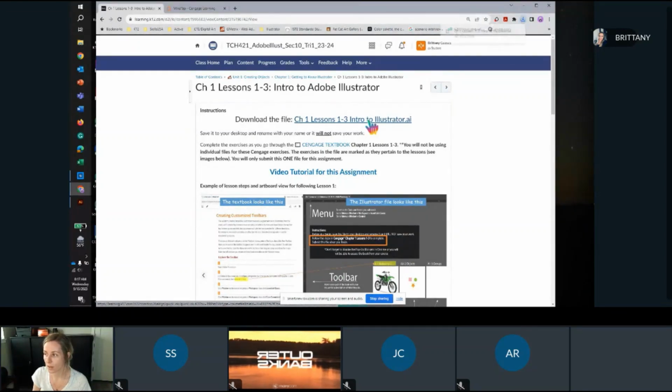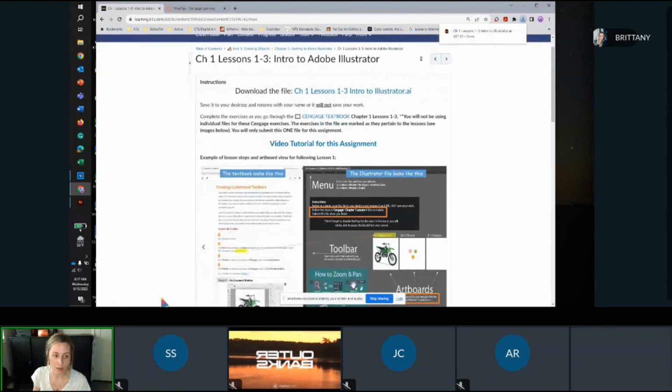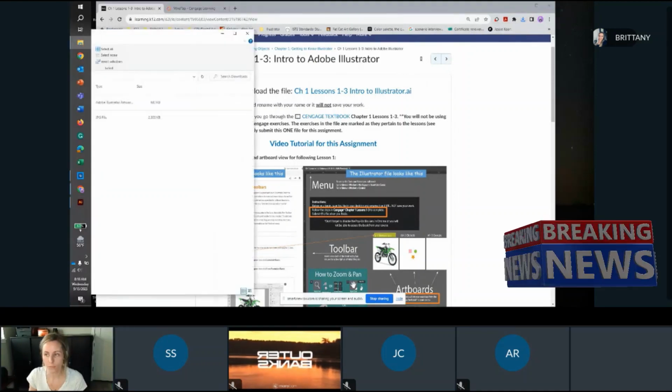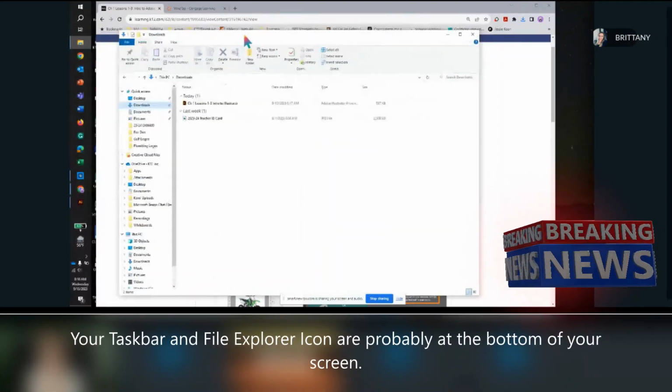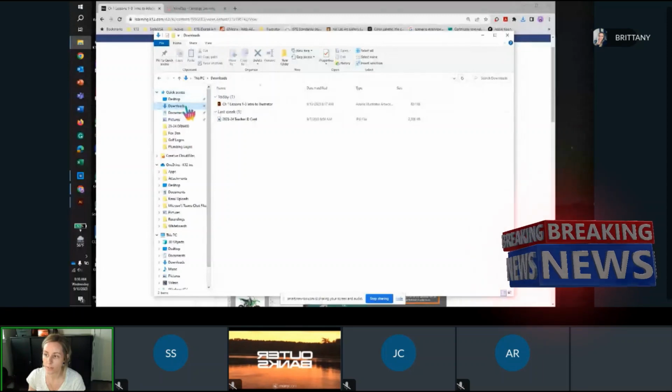It used to download right here, and it was awesome and super obvious. Now it goes up here somewhere, which is not my favorite thing. But yeah, I don't know if that's everybody or just me. What I do is I go to my little file explorer here. Sorry, this opened over here. So I opened my file explorer and I went to downloads, and in my download folder, see, I have that